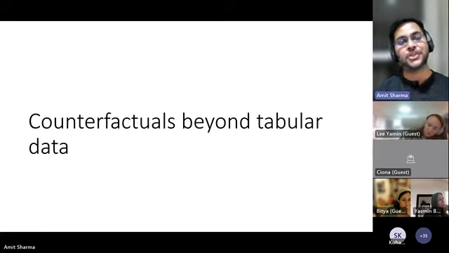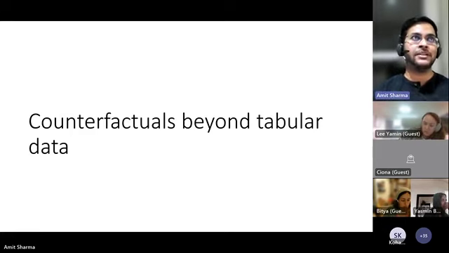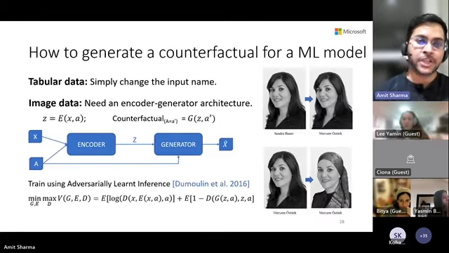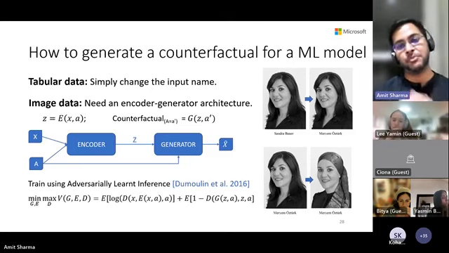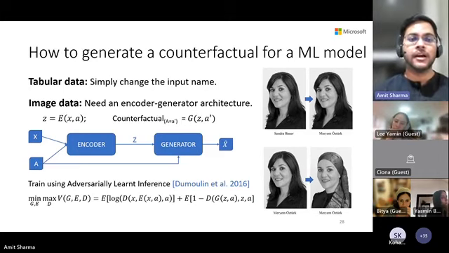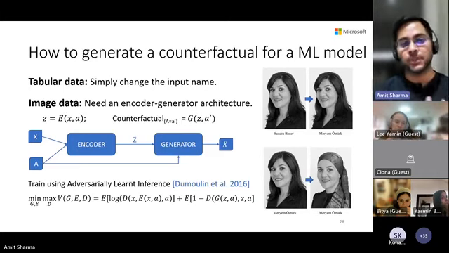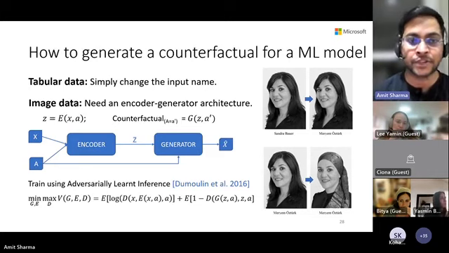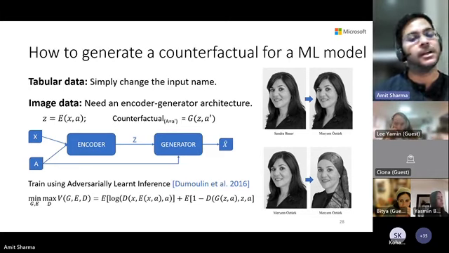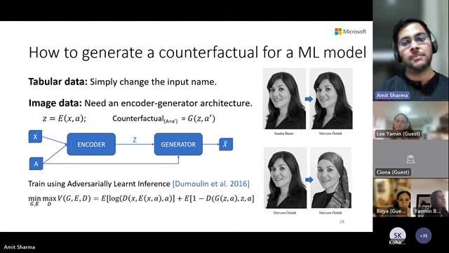So far, let's just switch gears a little bit. I was talking about very simple data sets, which were tabular. But I think counterfactuals become even more interesting if you go beyond tabular data. And in fact, that was my example to begin with, right? We were thinking of sending resumes with the same person, but a different headscarf. If it's tabular data, it's very simple. You just change the name, right? If we had our first case scenario and we just wanted the same person, but a different name, it's very easy. I just change the name, right? But if it's an image,